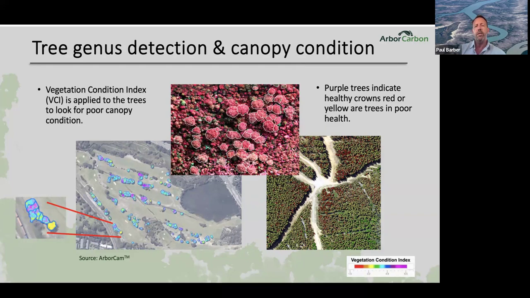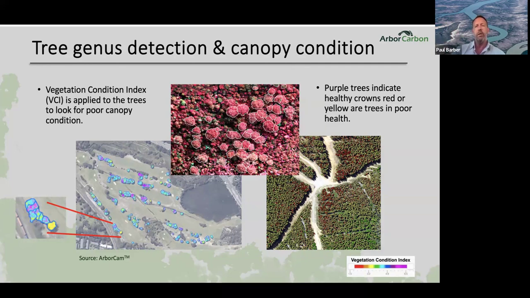So we look at that, we identify them, we extract the information. On the right-hand side there, you can see an example in a pine plantation where we've had a hailstorm go through. There's a pathogen called diplodia, which causes blue stain in the wood of the trees. You have to harvest those trees very quickly, before the blue stain is expressed in the timber, for it to be viable on the market. So once that hailstorm went through, this client engaged us to fly over in our aircraft with ArborCarbon. We produced our data sets.